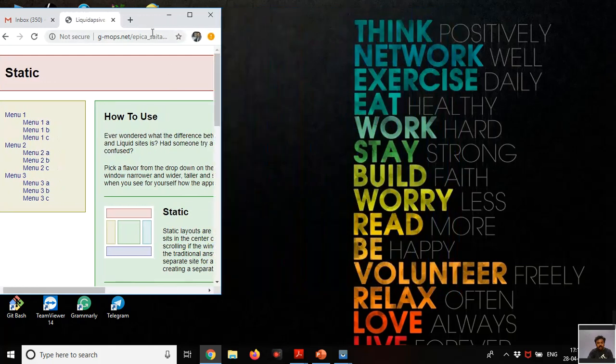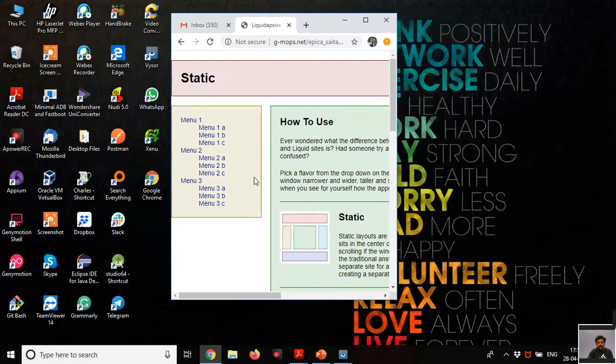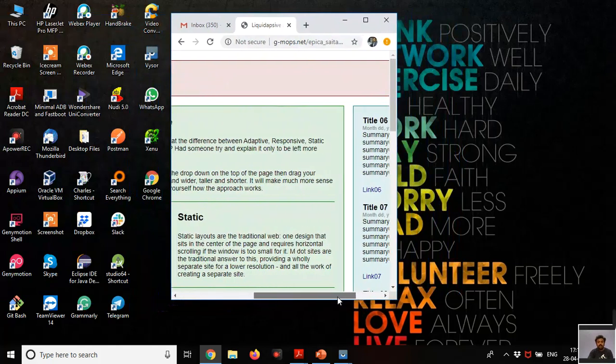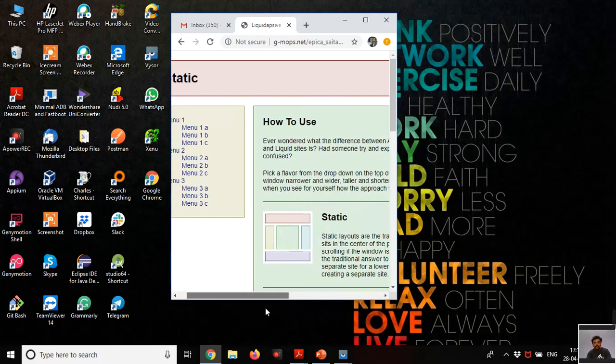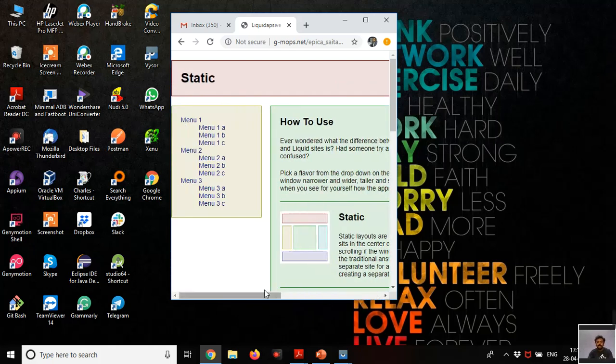While restoring, you can see you got the horizontal scroll bar. So the design is static, and you need to use the horizontal scroll bar to see the remaining content. This type of application we call a static application.